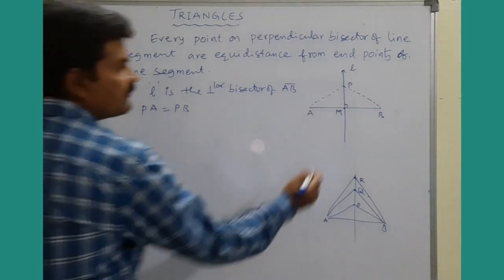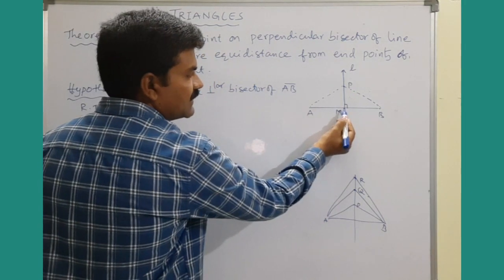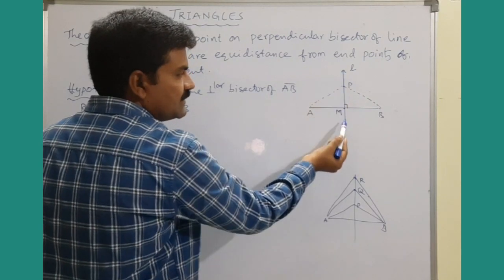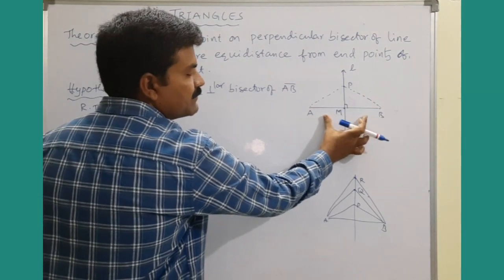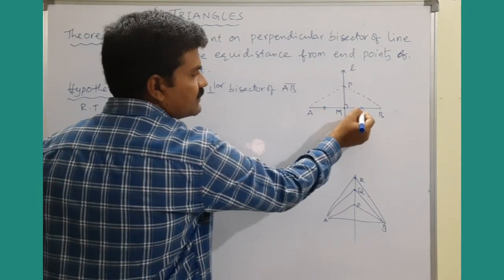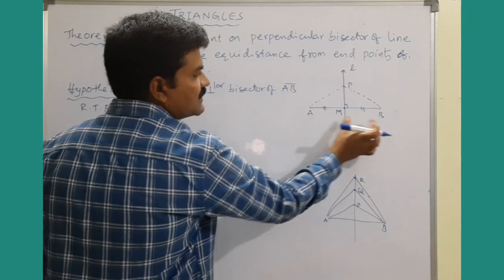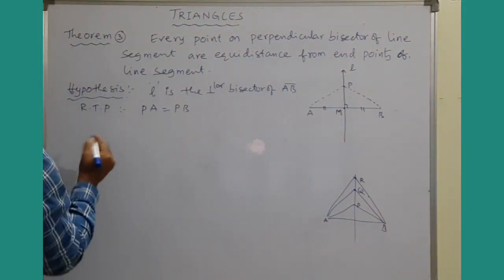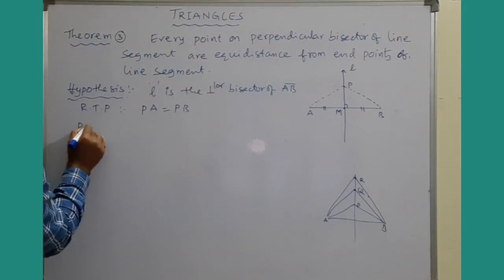Because perpendicular bisector means the line which divides the entire line segment into two equal parts. I mean this part is equals to this part. AM is equals to MB. Okay. So coming to proof,